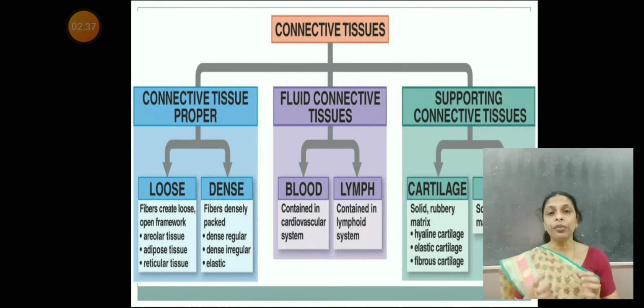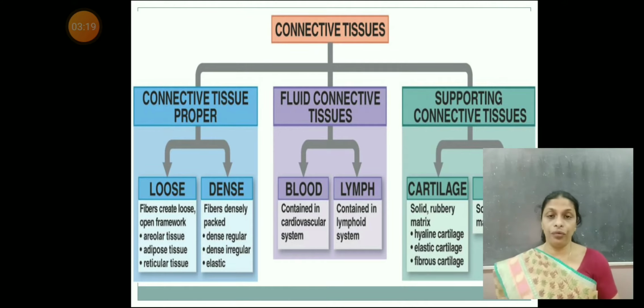Now, connective tissue proper can be again divided into two types. Which are they? Loose connective tissue and dense connective tissue. So from the word itself it's very clear, loose and dense. In loose connective tissue, the cells and fibers will be loosely arranged. Whereas in the case of a dense connective tissue, the cells, fibers, fibroblasts, all that will be arranged in a dense manner. Means the matrix will not be loose, they will be arranged compactly.